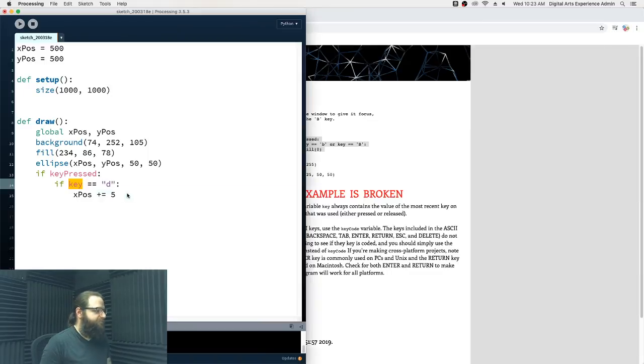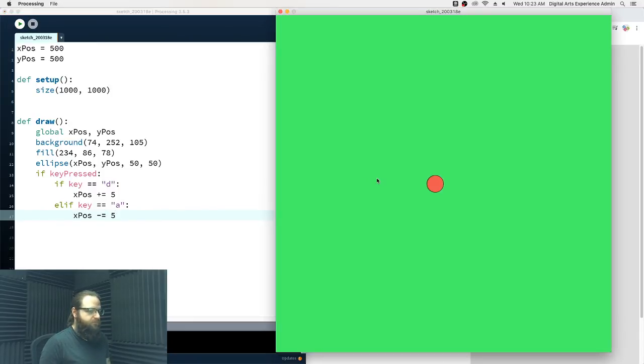Very good. Let's check if another key is pressed. Key equals, let's put the letter A in. Then we will change X pos by -5. So, whoops, that's not the right code. So now, make things move. Now, one thing,